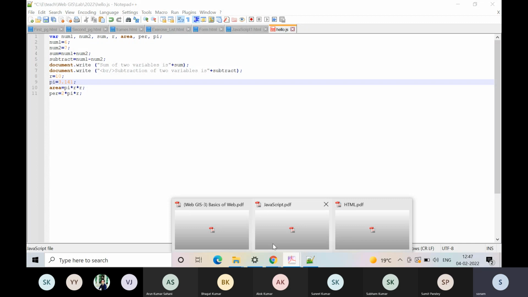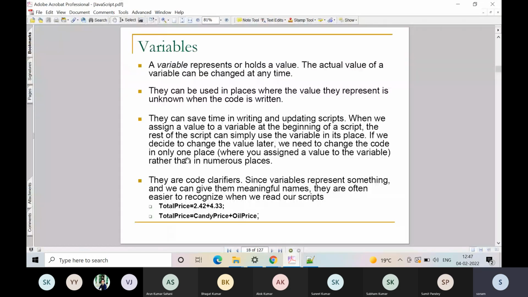ठीक है। That they can save time in writing and updating scripts. When we assign a value to a variable at the beginning of a script, the rest of the script can simply use the variable in its place. We decide to change the value later, we need to change the code in only one place rather than in numerous places. ठीक, सेकेंड पॉइंट, थर्ड पॉइंट क्लियर हो गया होगा सबको। अगला पॉइंट देखिए, वेरिएबल्स और कोड क्लैरिफायर्स क्यों कहा जा रहा है।